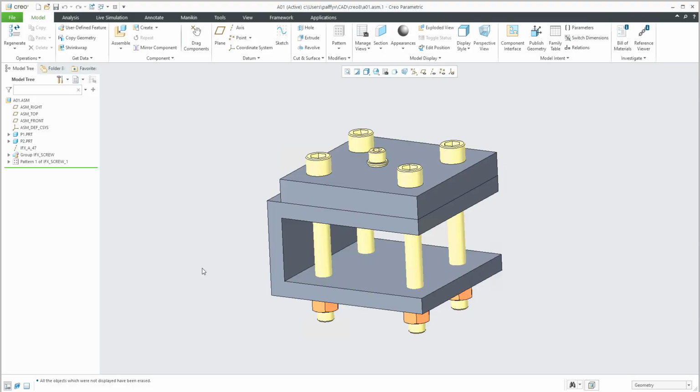Hi folks, in today's video tutorial I'm going to show you how to create a custom library for Intelligent Fastener in Creo. First of all, I will show you what we have done in the last tutorials, and over here is